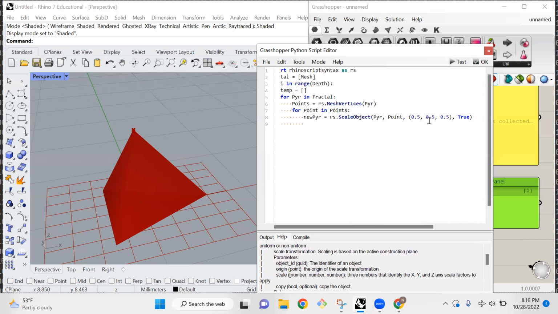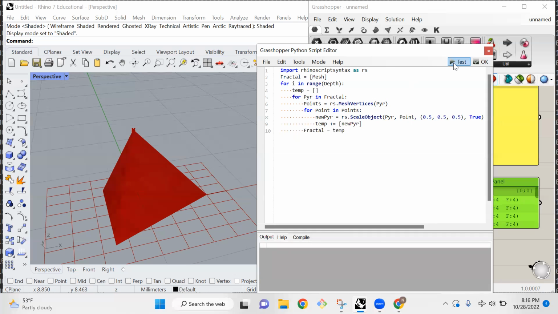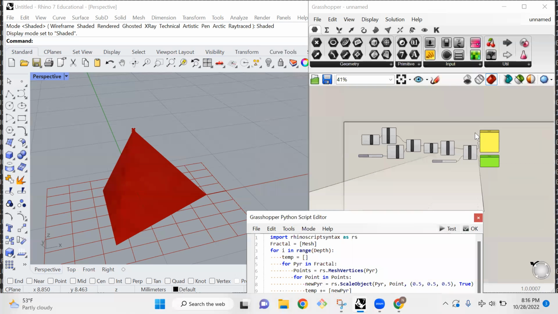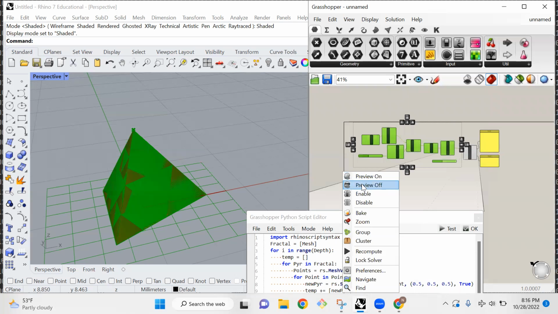Now we can simply add this new pyramid into our temporary list. So we'll say temp plus equals, and we'll toss this new pyramid in a list. So now we're concatenating this new list onto the end of our temporary list. And then after this whole process is done, what we're going to do is just set fractal equal to temp. And now if I press test, you can see that everything was successful,